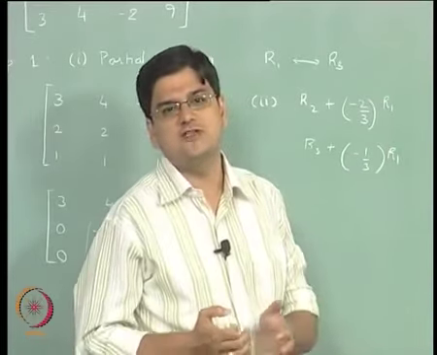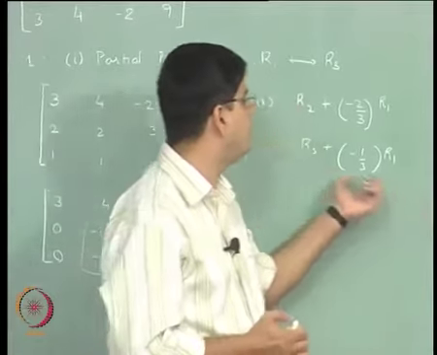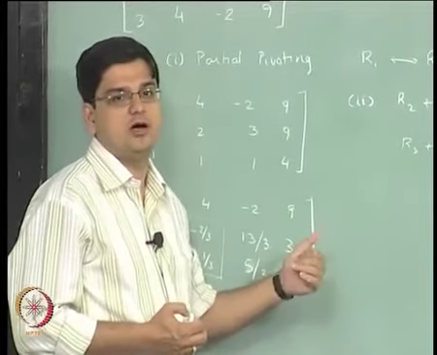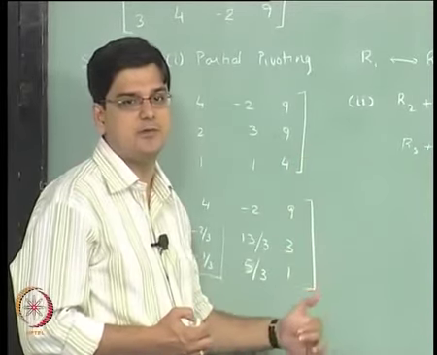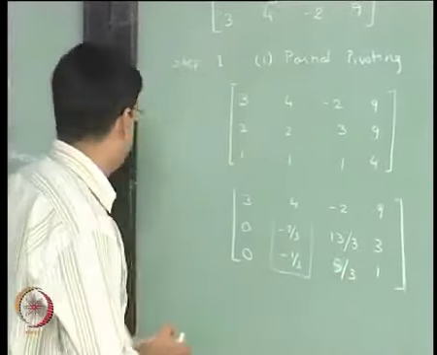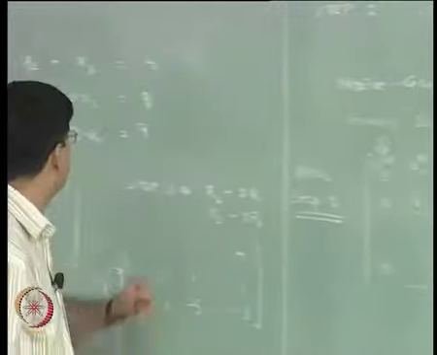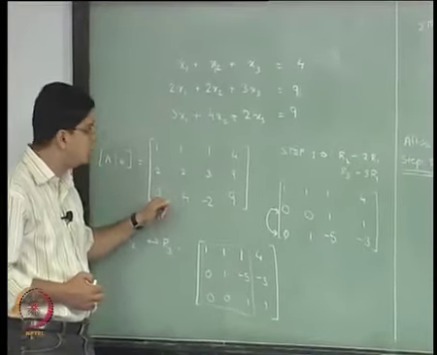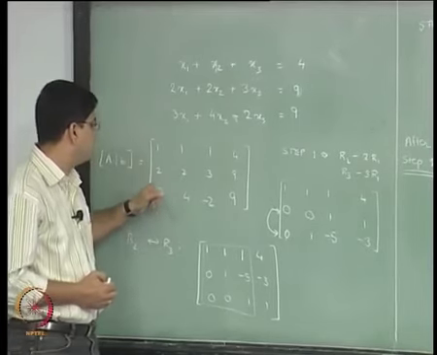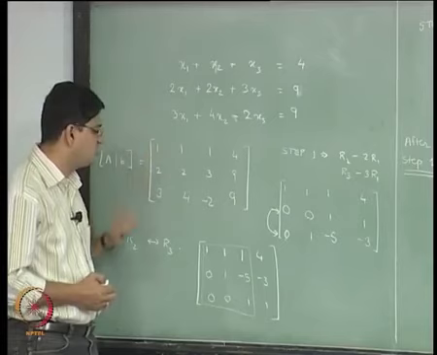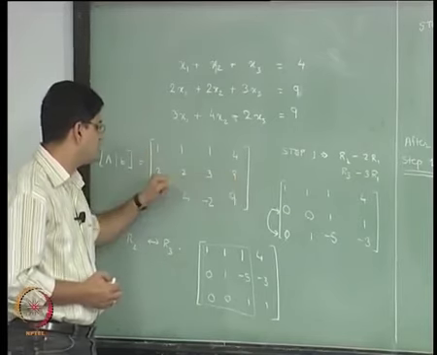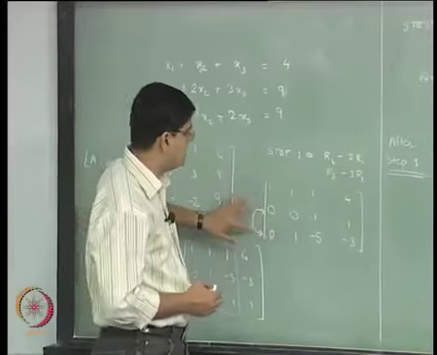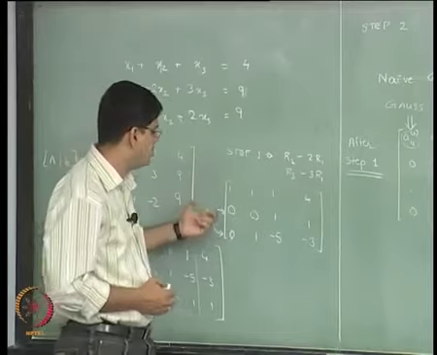For relatively smaller problems, you need not do pivoting at each step. You may only do the pivoting if the diagonal element at any step becomes equal to 0. So for example, you may actually follow the procedure that we used over here. That means we did not do the pivoting over here initially. Okay, what we actually ended up doing is we did the first step with row operations on R2 and R3, and when we found R2 was equal to 0, at that time we interchanged row 2 and row 3.